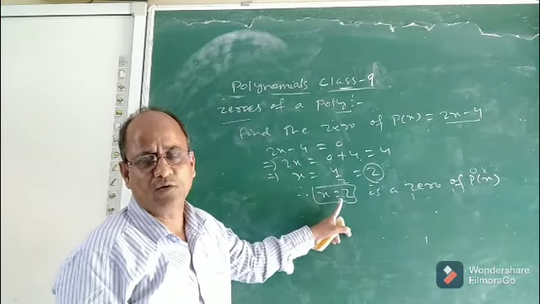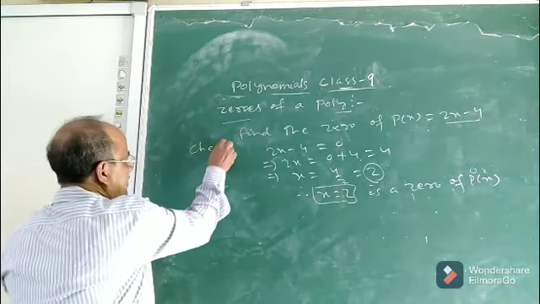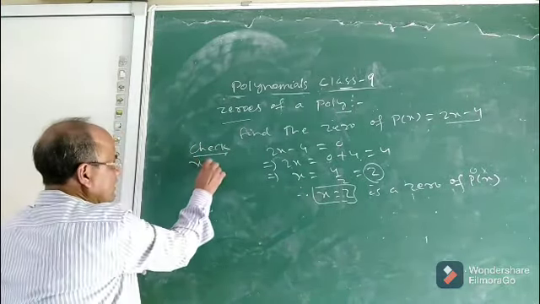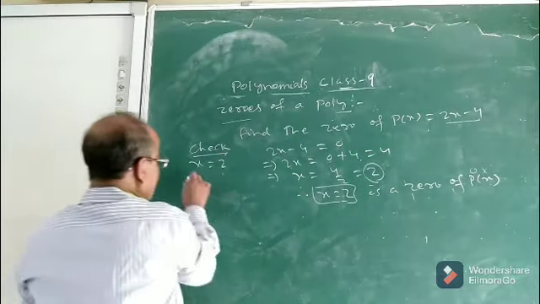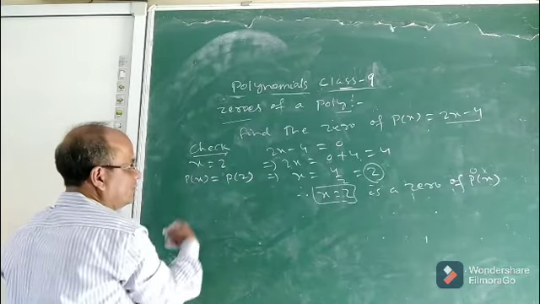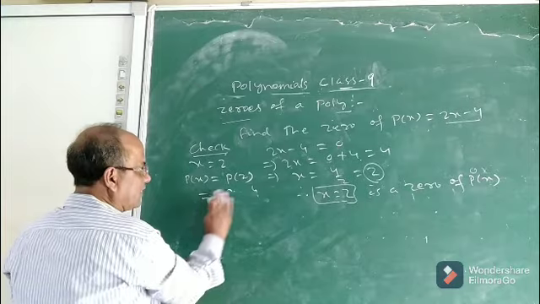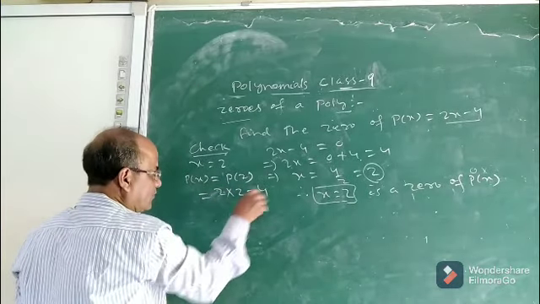So you can say, why sir? Why is x equal to 2 a 0? Let us check. Now x equal to 2 is given. Find the value of the polynomial P of x. P of x means in place of x you put 2. P of 2, what is the value? 2x minus 4 means 2 into 2 minus 4 equal to 0.